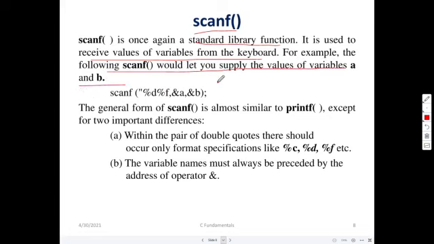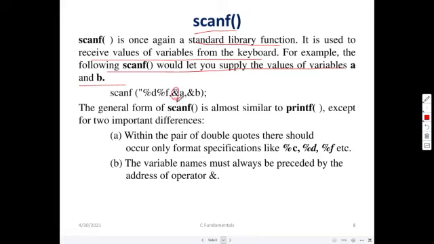If I have declared A as an integer and B as a float in this example, and I am using the scanf statement, then whatever value we enter first on the keyboard will go and get stored in the address of A. What is this ampersand symbol?